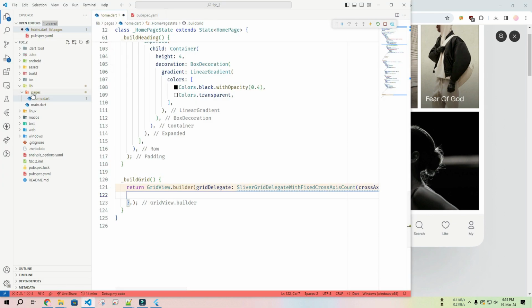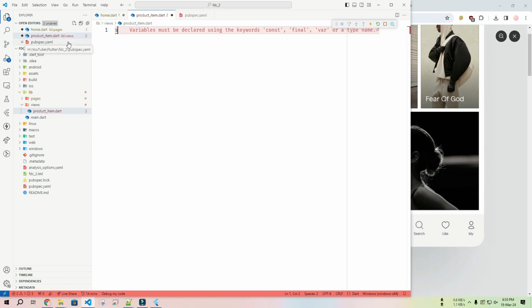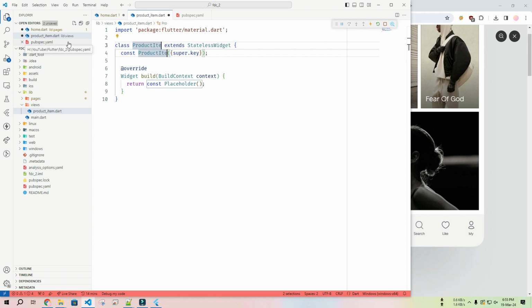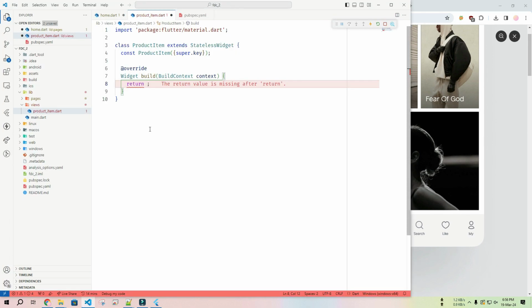So for this I am going to create a new folder inside the lib directory, and I'll name it views, and I'll name the file product_item.dart, and that will be a StatelessWidget, ProductItem. And here I have to use an image, then text, then again text, then again a row. Actually this is not text, this is a row with the text and icon. Okay, so I will use an image here. So basically this is a column, so I'm going to use Column as a parent,